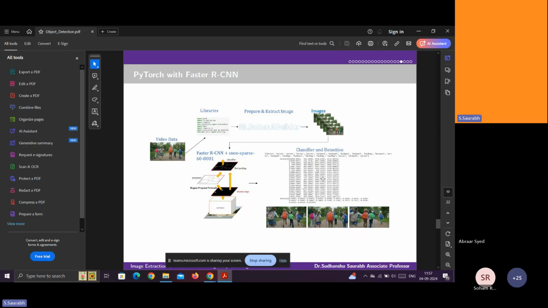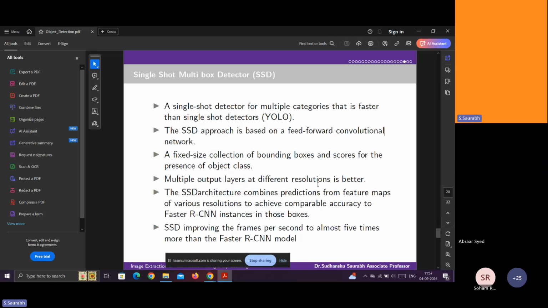These probabilities are used for the classifications. So these numerical values, the SSD approach for this uses hidden layers only, and then the bounding box scores are there, which are present in the object class, that is a probabilistic value.